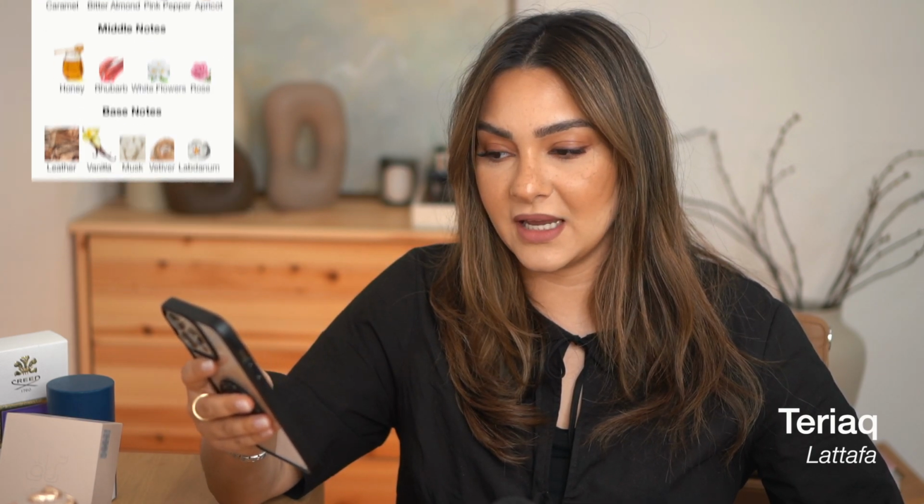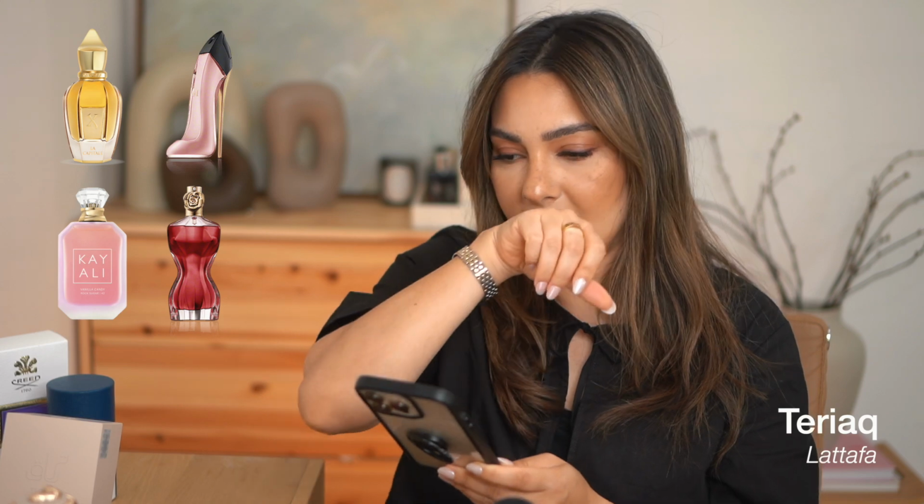And some people say that it smells like La Belle by Jean-Paul Gaultier, or the new Vanilla Candy Rock Sugar by Kayali, which I haven't smelled, or Good Girl Blush, which is one of my favorites, by Carolina Herrera, or La Capitale by Sergio. I don't really think it smells like La Capitale. I do feel like it is in the same family as Good Girl Blush and also La Belle. More like a mixture of La Belle and Good Girl Blush, because you have this juicy fruitiness, and I don't